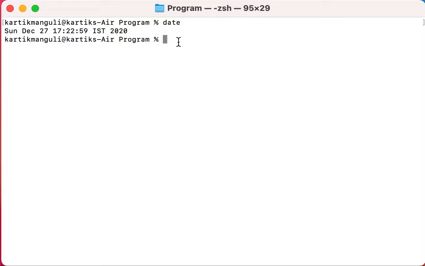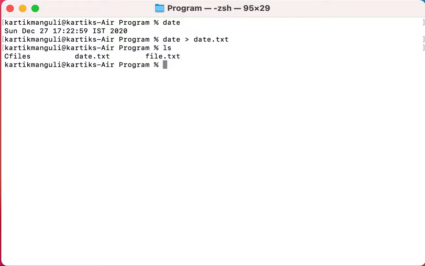So what I can do is date, give it a redirection or a right chevron. So right chevron, and you can give it as date.txt. So it will store today's date in date.txt. You can see another file is created called date.txt, and I can open it with cat, concatenation, date.txt.